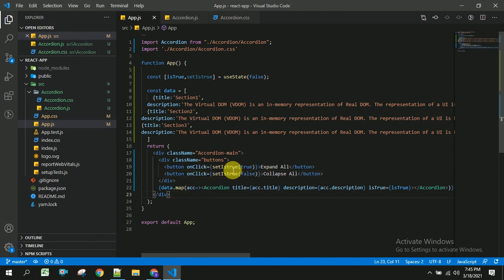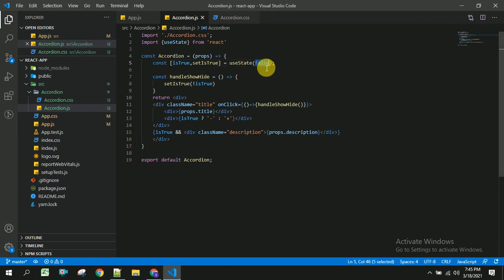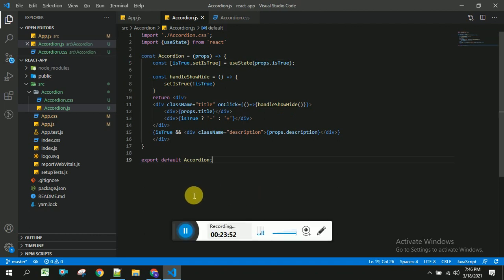So this will become false, and it will be changed here, and this value will be sent as a prop to this child accordion. Inside this accordion I am going to remove this false and place it as props.isTrue. Let us save this, and let us head back to our browser and check whether it's working or not.